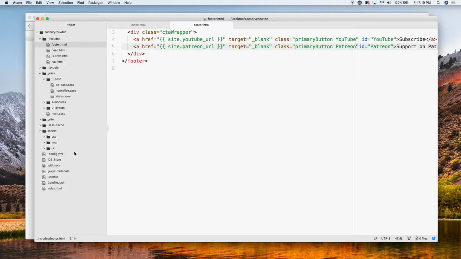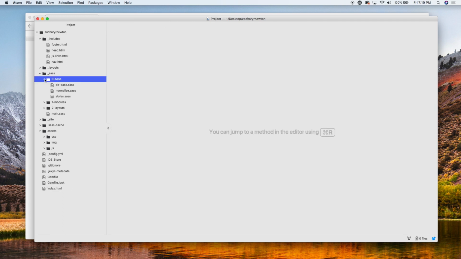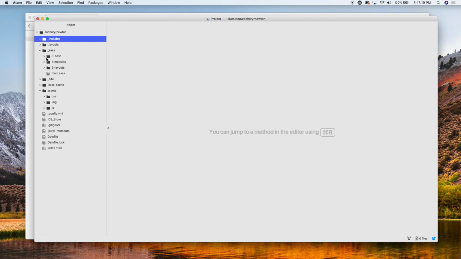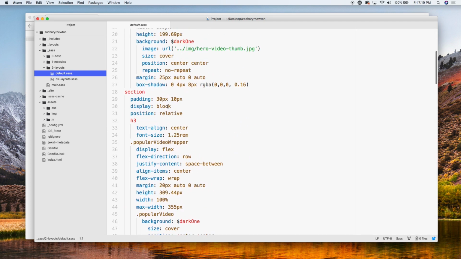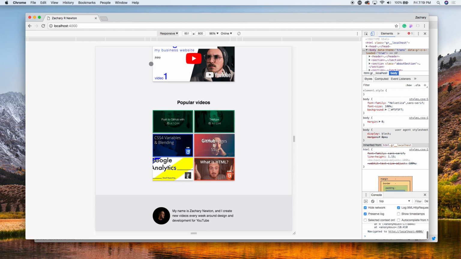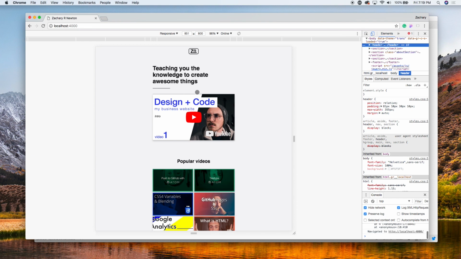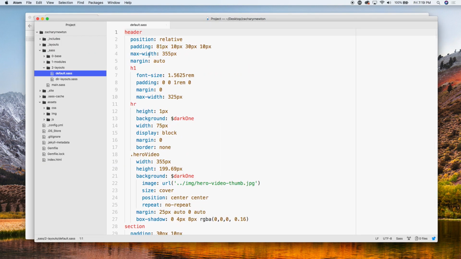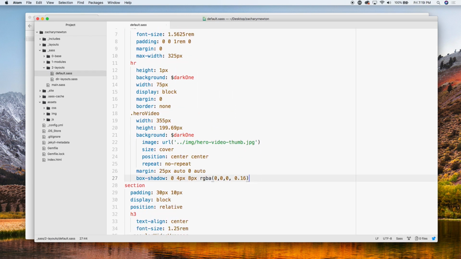So anyways, let's come over here to our code. I'm going to grab Sass layouts. Let's grab our default, and we are going to want to modify this a little bit. Let's see where we have stuck all of this. This is all in our header. Okay, so let's come back over here, and in our header, let's create a media query. So all the way down here, let's say at media screen,